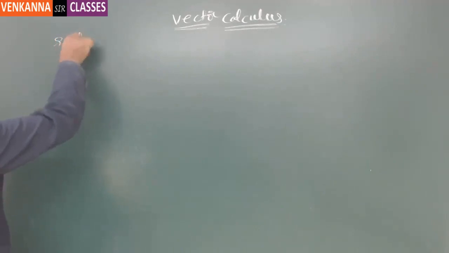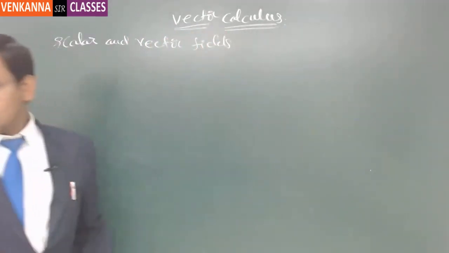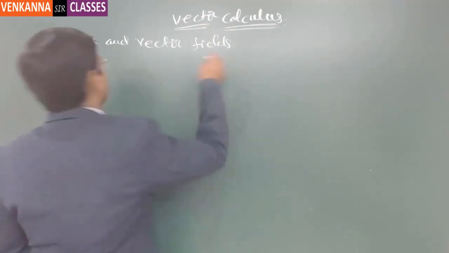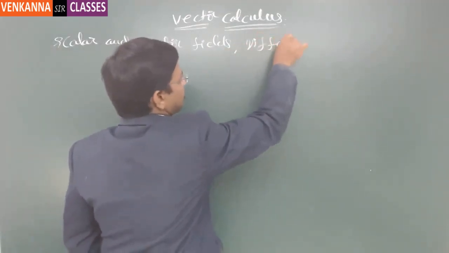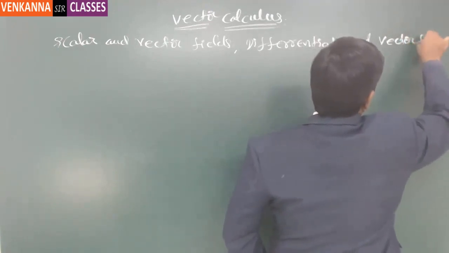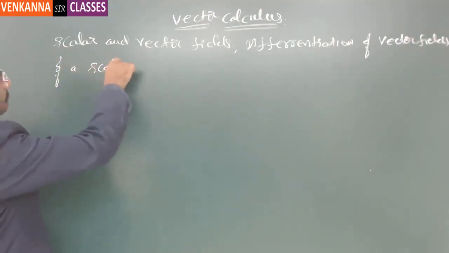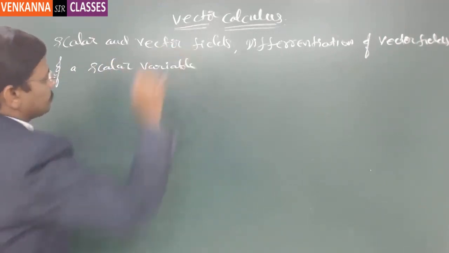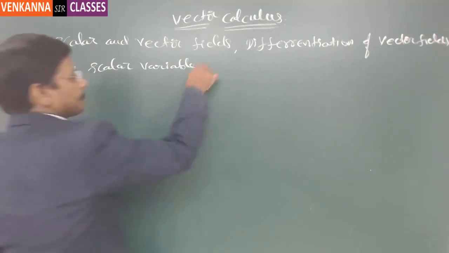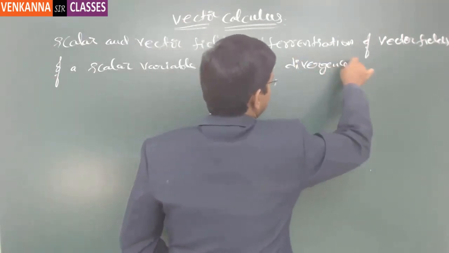scalar and vector fields, and the second one is differentiation of vector fields of a scalar variable. And then gradient, divergence, and then curl,